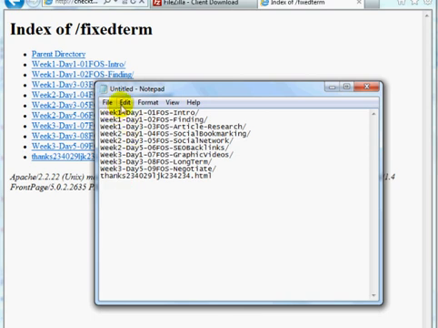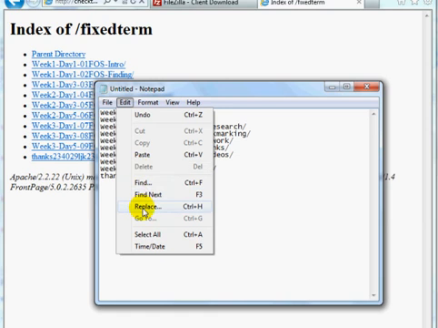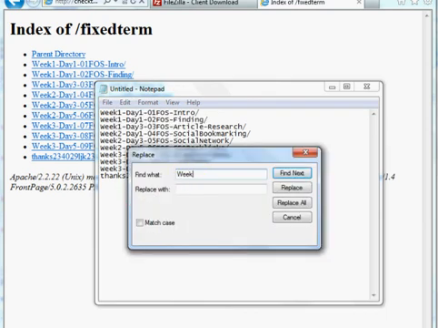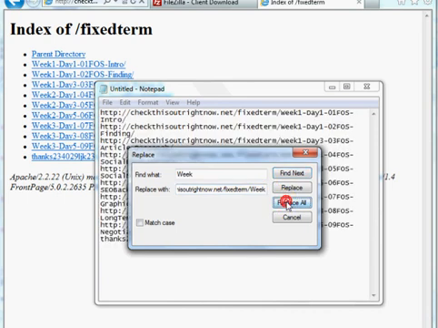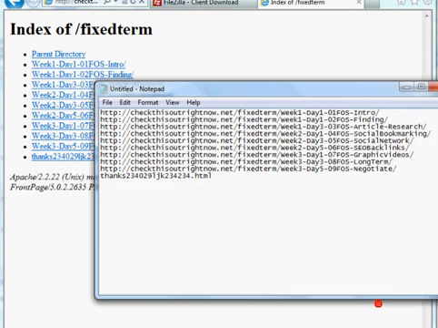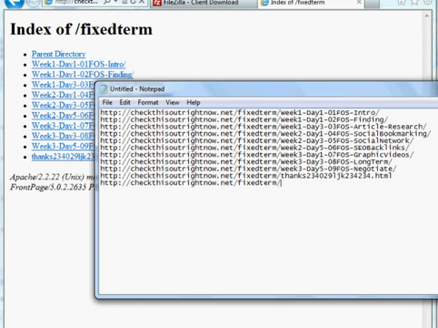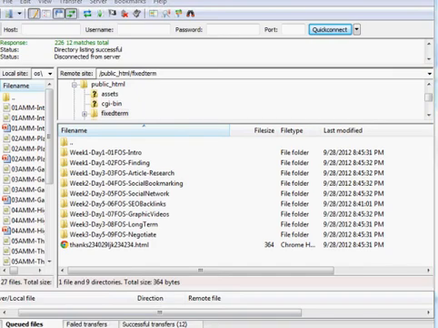So what I can do up here is to go to replace week with this URL, and then I put week in here. So whatever you grab here that's similar to everything else, add it here. And then click on replace all. And as you can see here, I have the URLs for all of these links, except for this link, which I can do that. And then we have the index.html file, which I'm going to go ahead and upload now that we have